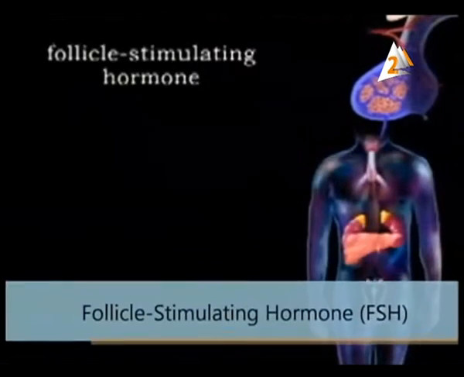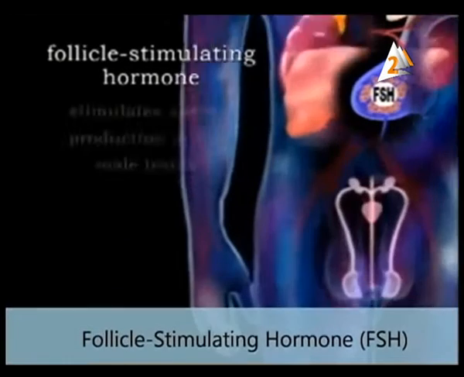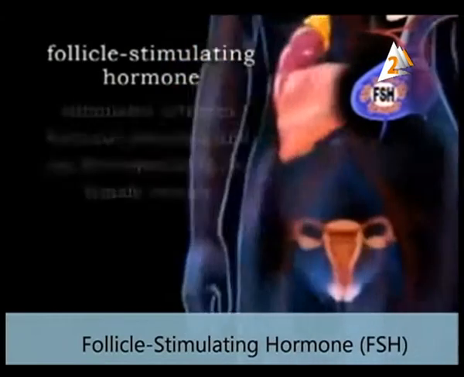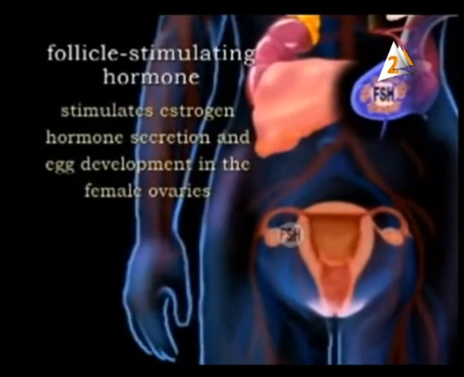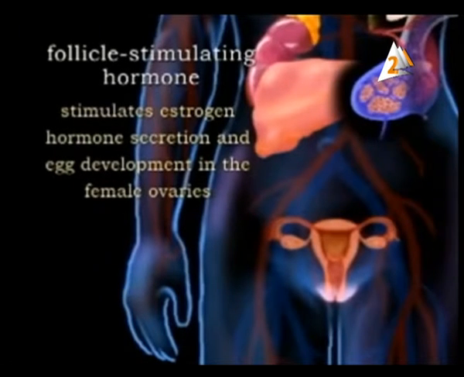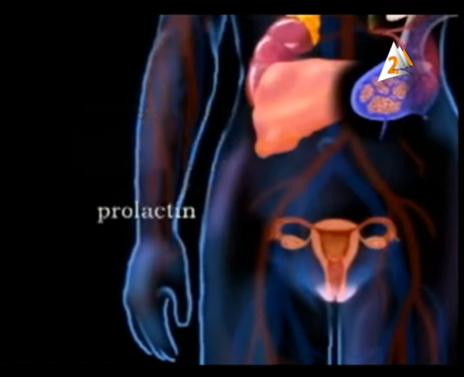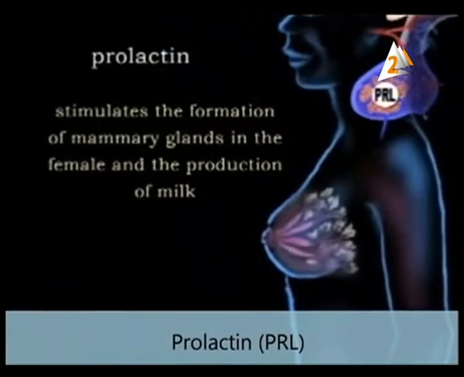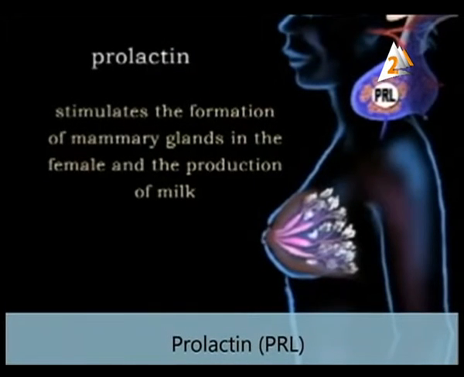The follicle stimulating hormone, FSH, stimulates sperm production, formation of seminiferous tubules and the prostate gland in males. While in females, it stimulates the growth of the ovarian follicle, the formation of the Graafian follicle, and stimulates estrogen secretion. The prolactin hormone stimulates formation of the mammary gland and production of milk, and the secretion of hormone progesterone